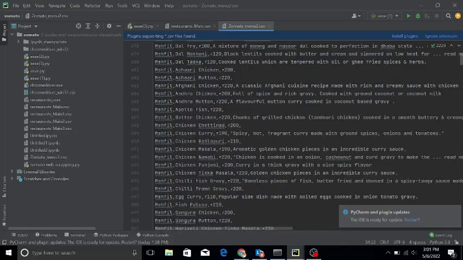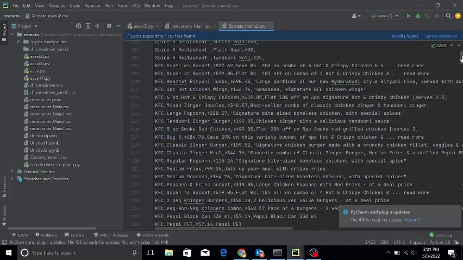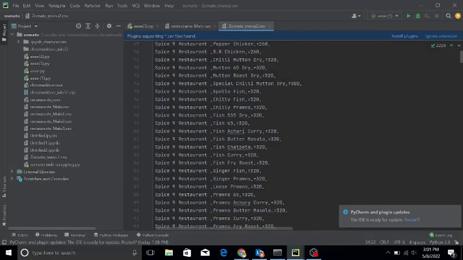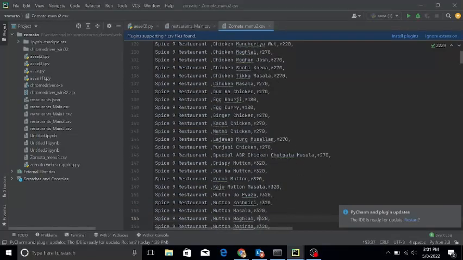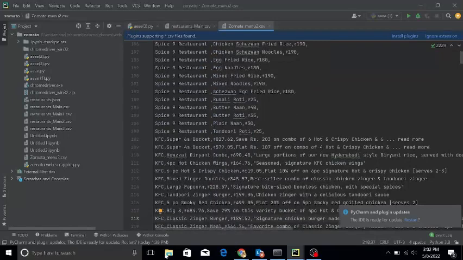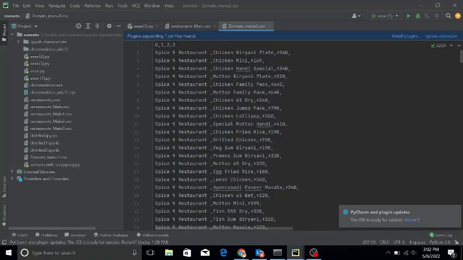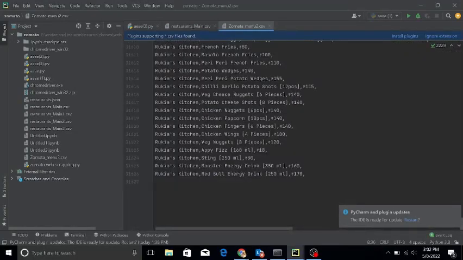Yeah, so 92 and so on. This is continuously going, from 12 to 207. So there is the menu, and the price is also here. So for all 370 restaurants I am getting